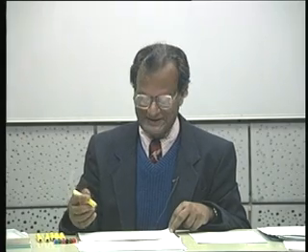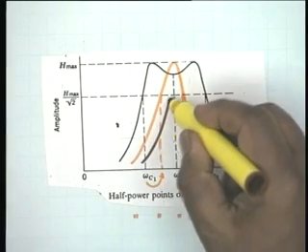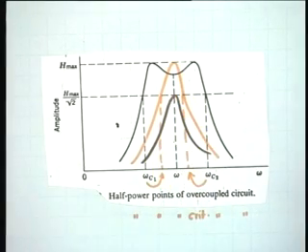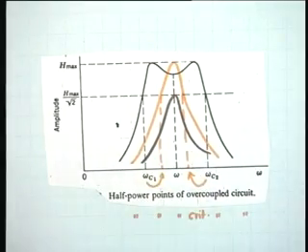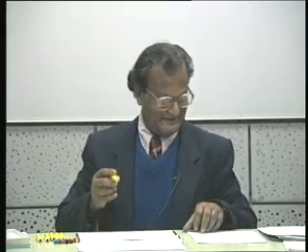What about the undercoupled case? Let's draw that also. So you might not have the half power point. You will have the half power point. You want it or not, you like it or not, it's going to happen. You see, this is the maximum, and then you will have the half power point. Is it possible? Yes, I leave that answer to you. I want you to find out a procedure to do that.